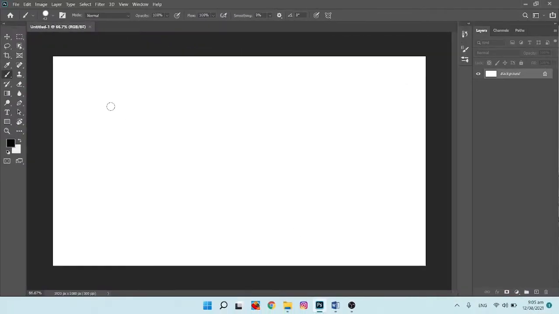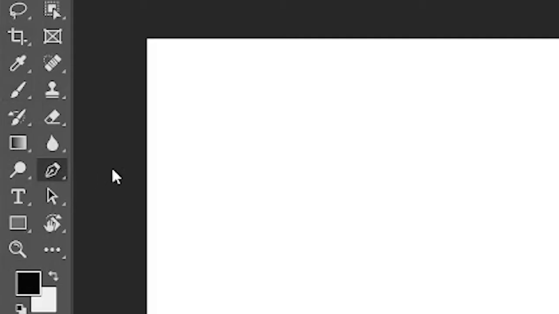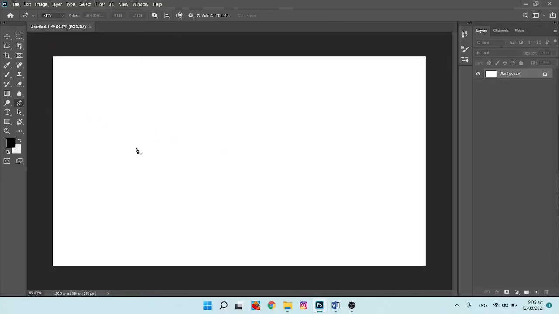So here we have a blank document. The very first thing that you're gonna do is select the pencil from the toolbar right here, or you can press P as a shortcut. Then you're gonna create a point. That's gonna be your base point, the initial point where your section is gonna start. And then if you click right here, it's gonna create a straight line, and you can keep going on with your selection. But that's not what we're looking for.